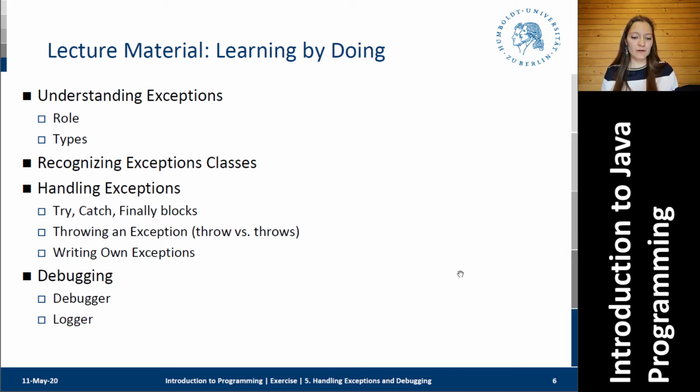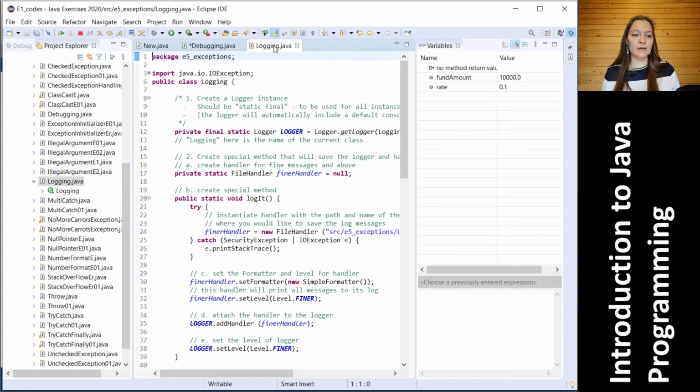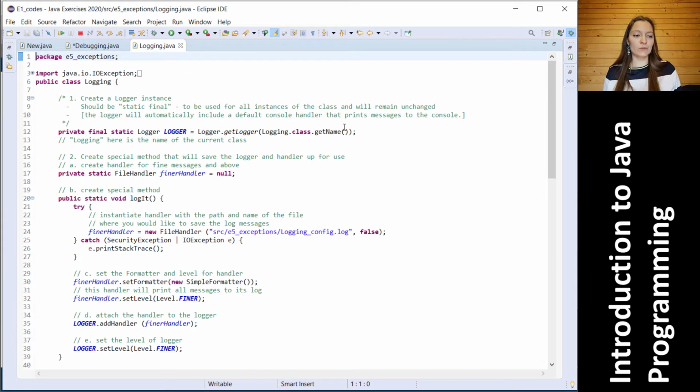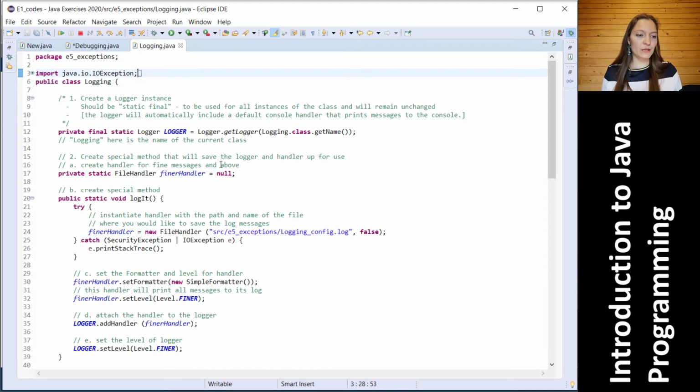So let us have a look at an example. I will just open it. You will find this logging example in your Moodle. So this is an example of how you are using logging. First, you're creating a logger instance. And this instance here,